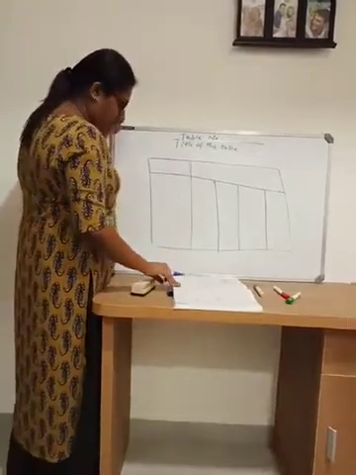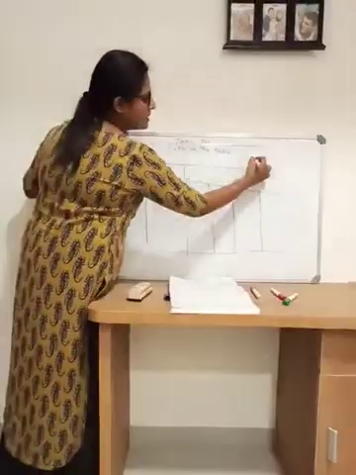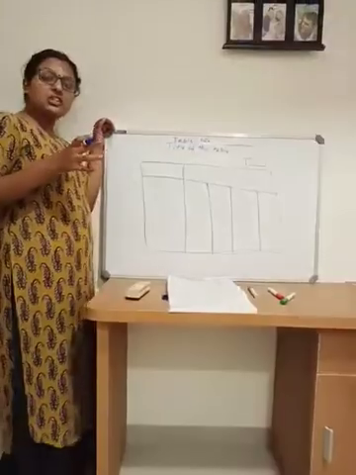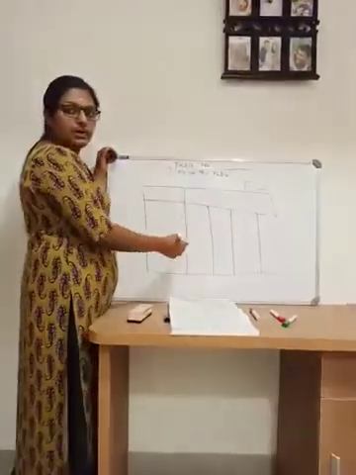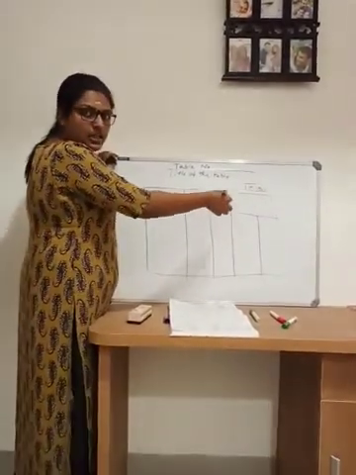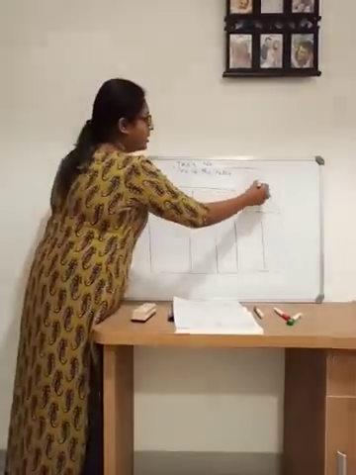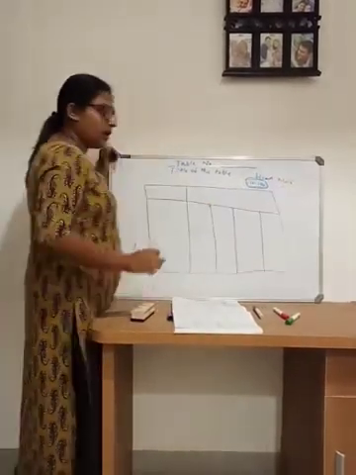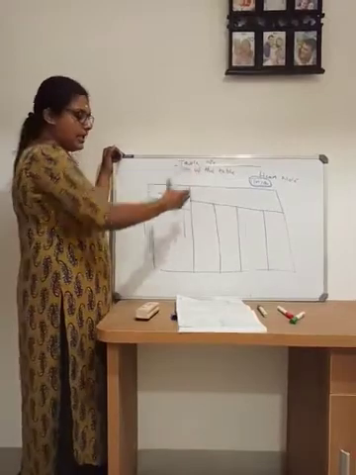Then the head note. Head note comes here. In a budget and all, when you are writing a number here, they will mention it is in thousands, or in hundreds, or in crores. So that is the head note here. So this is the head note. That is how you should take the table.